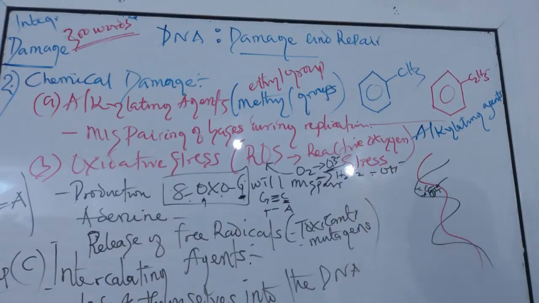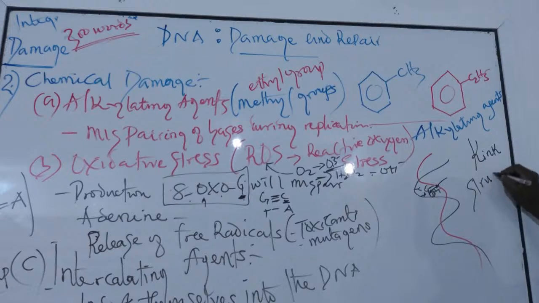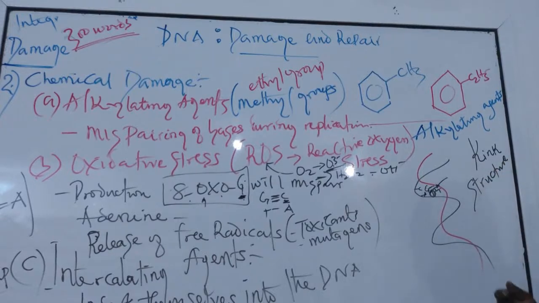And by the time they cover up, they are going to form something we call a kink. They will form a kink structure, a K-leg. So it's going to lead to an error that will affect the structure of that DNA. And when the structure of DNA is affected, that means it will be very difficult to undergo the normal process of replication. So that is an error that is a result of a kind of chemical mistake